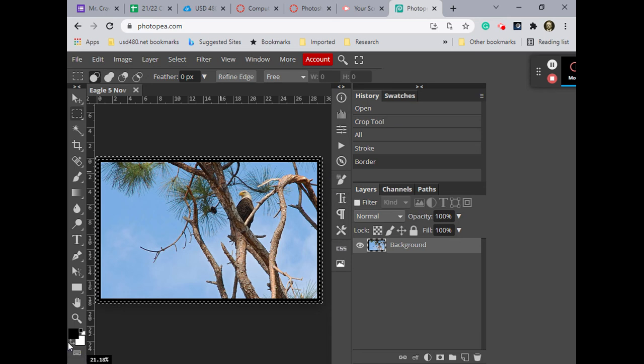Now the next thing I need to do is reverse these two colors here. There are two things I can do. I can click on the reverse foreground background, which is this little arrowy thing right here, or I can press the letter X on my keyboard. Either one works fine. Now, Edit,